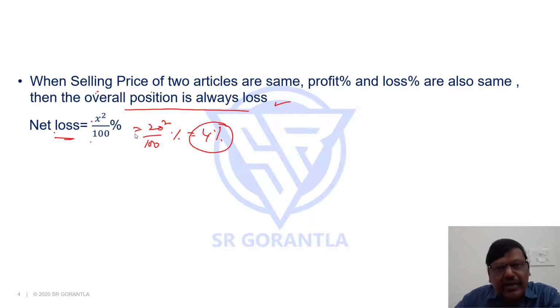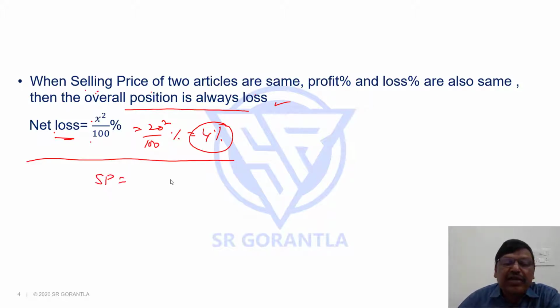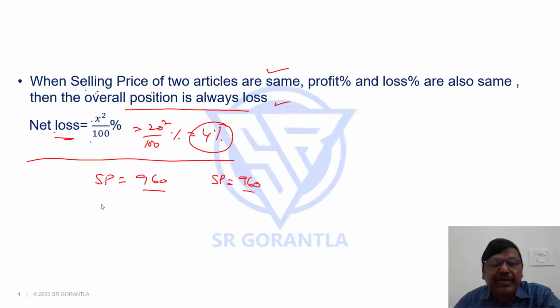But let me just give you the background behind it. Suppose if you are not aware of this formula, how you can solve it? Since you need percentage profit or loss, you take some example and start. See, question says selling prices are equal. Let's say selling price of the two articles be some number. Let's say 960, 960. Why I'm taking 960, I'll explain a little later. But they are equal. Basically, selling price of two articles are same. That's why I should take the same number.